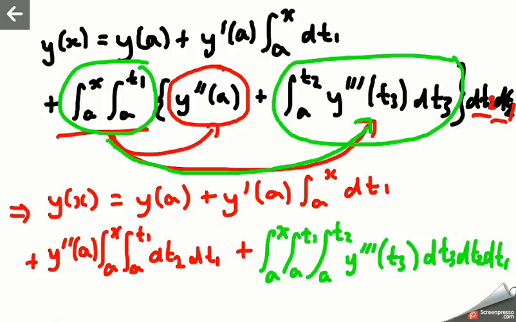Okay, and as you may have guessed, we could, if we wanted to, we're not going to because I'm sick of writing these out already, we could, if we wanted to, do the same thing to y prime prime prime of t3, assuming it can be differentiated at the point x equals a. Okay, so in general, assuming that a function y of x can be differentiated n plus 1 times at a point, then we have that